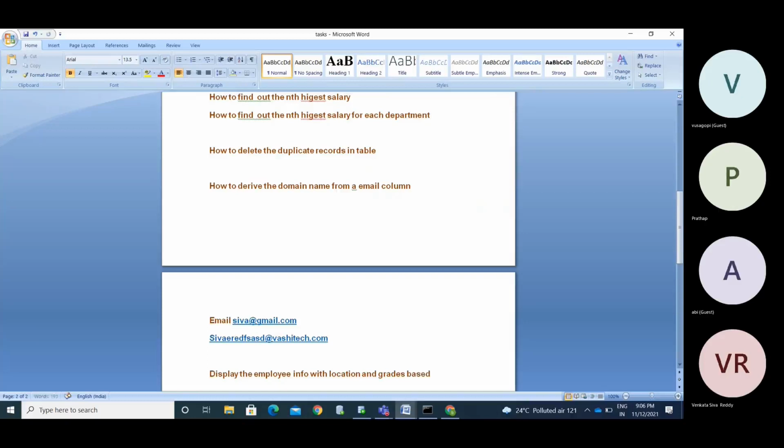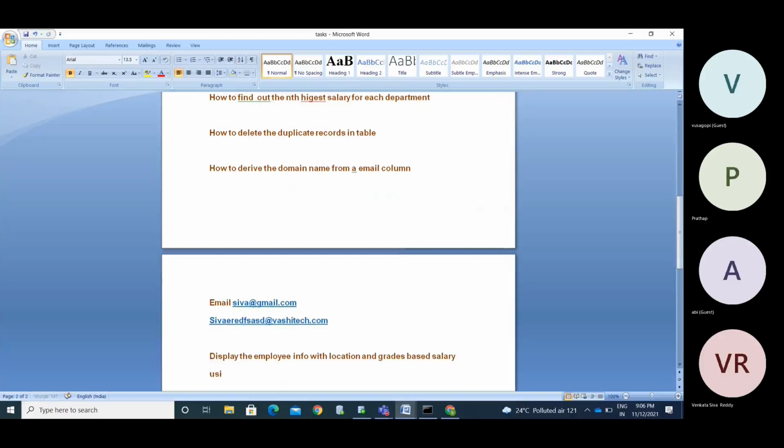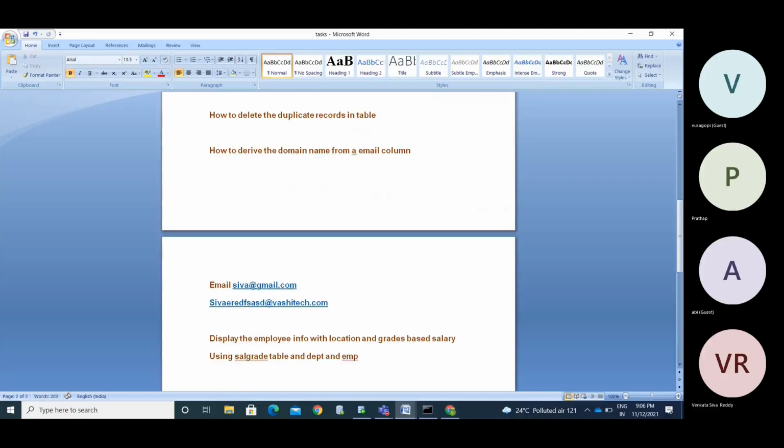Grades based on salary, using the salary table, DEPT and EMP tables. Okay, this is another task.